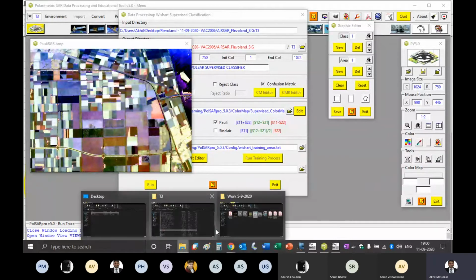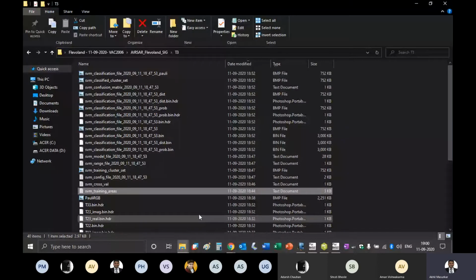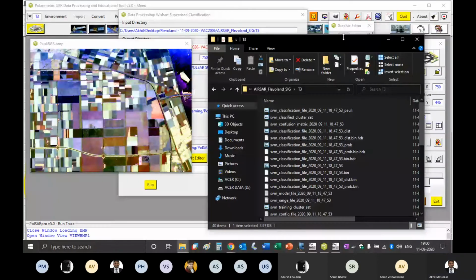Now please note, I am just opening this folder as a reference. You can see now we want to give the same training areas that we gave for SVM.